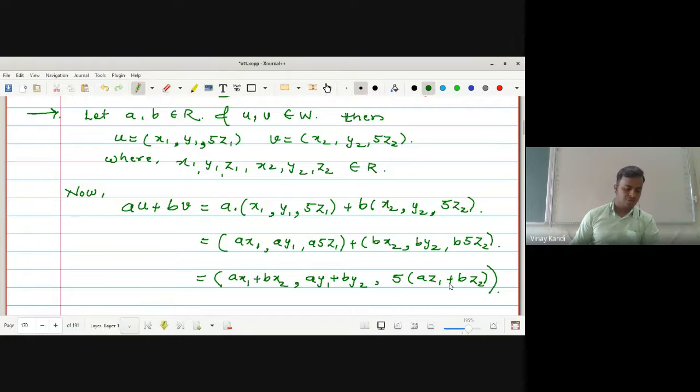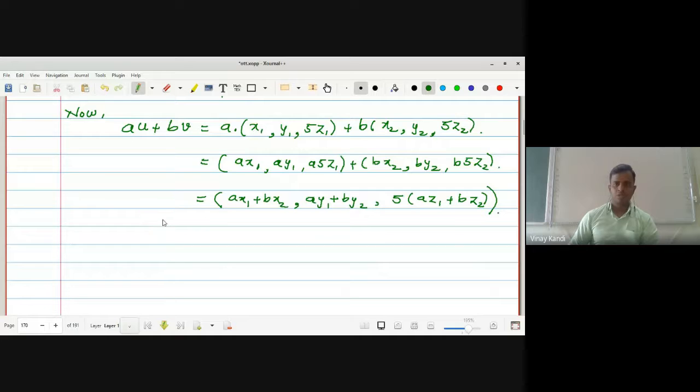Any doubt up to here? No, sir. Okay, now this is the element AU plus BV. Now look at here, AU plus BV. This one is a real number. This one is a real number. This one is also a real number. Now here, A into U plus B into V, this element